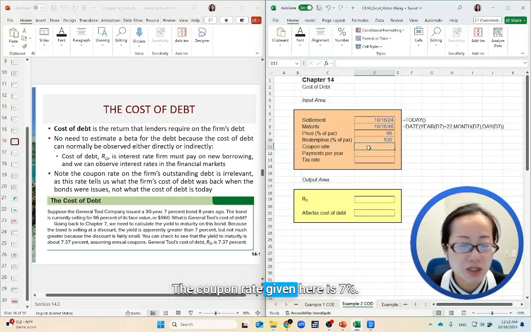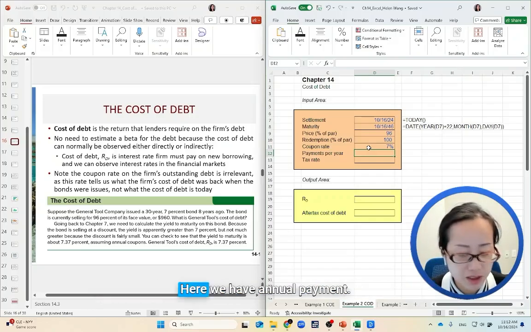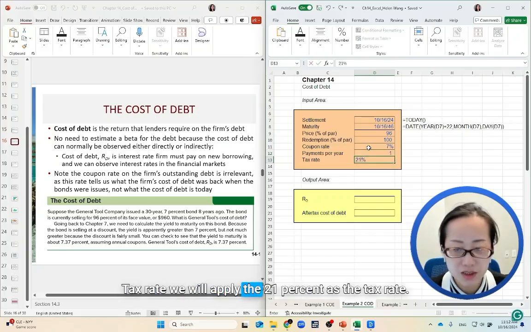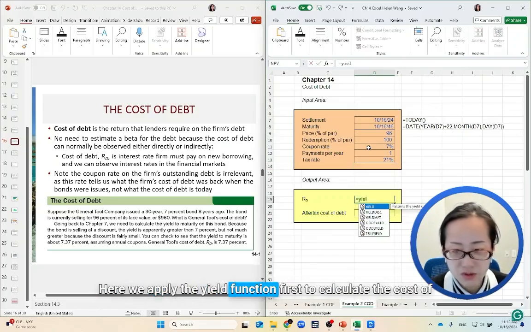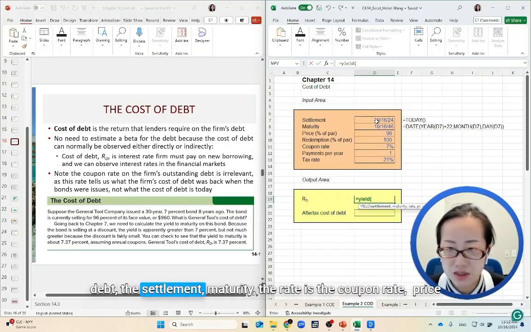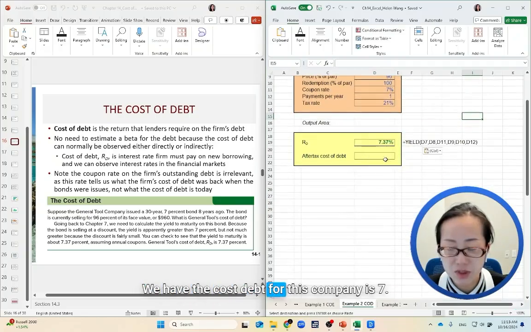The coupon rate given here is 7%. Payments per year means how many payments per year? Here we have annual payment. Tax rate, we will apply the 21% as the tax rate. Here we apply the yield function first to calculate the cost of debt. The settlement, maturity, the rate is the coupon rate. Price, apply the yield function, we have the cost of debt for this company is